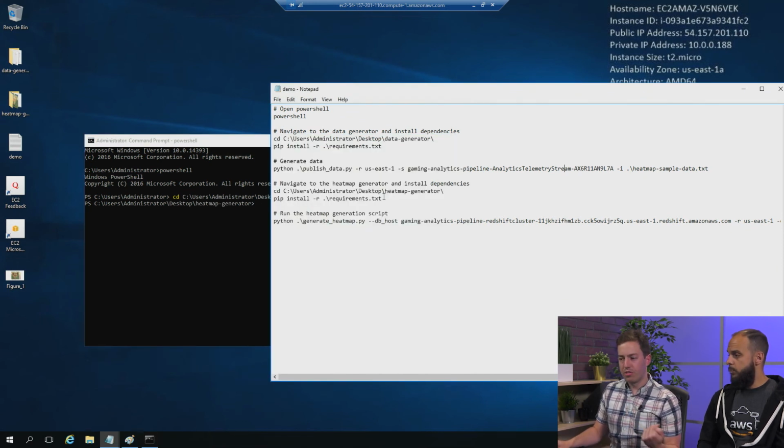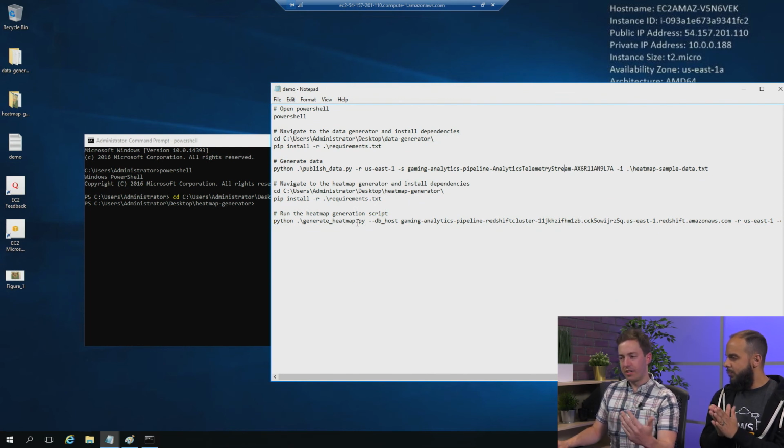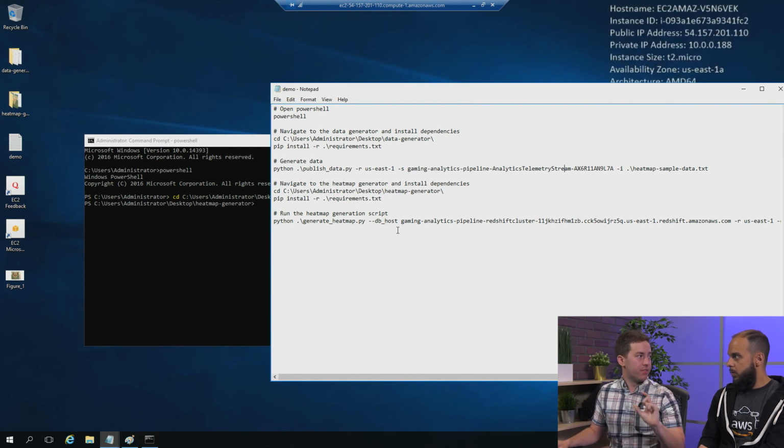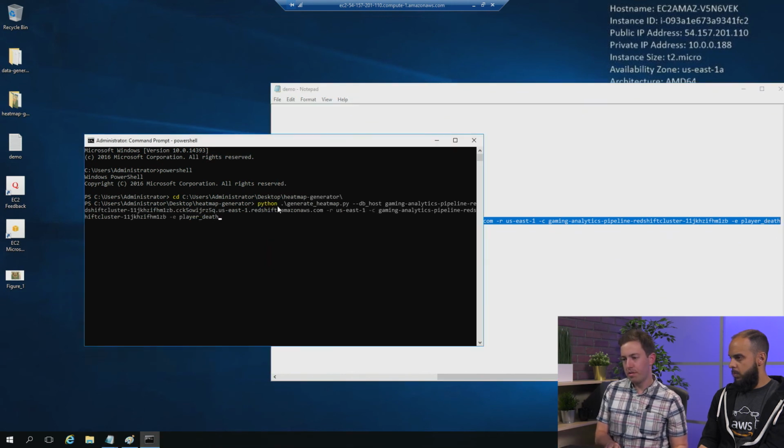Okay. Just like with before, there is a pip install command that you need to run for the first time. We're going to skip that. We've run through this a couple of times. And then the final one is the actual heatmap generation script. Just like with the data generation script, the parameters have been pre-populated with everything that you need that is specific to our CloudFormation template. So I am going to grab that, put it in my clipboard, paste it in,